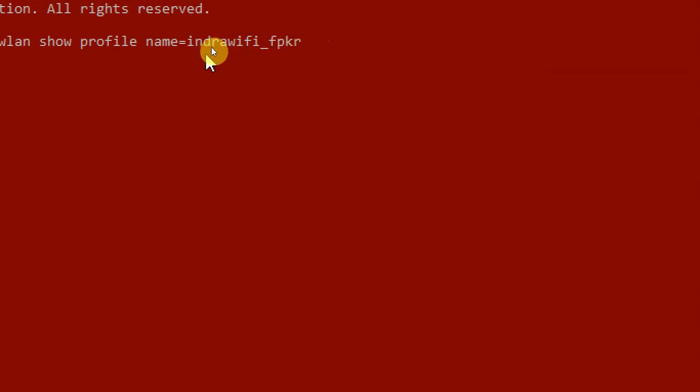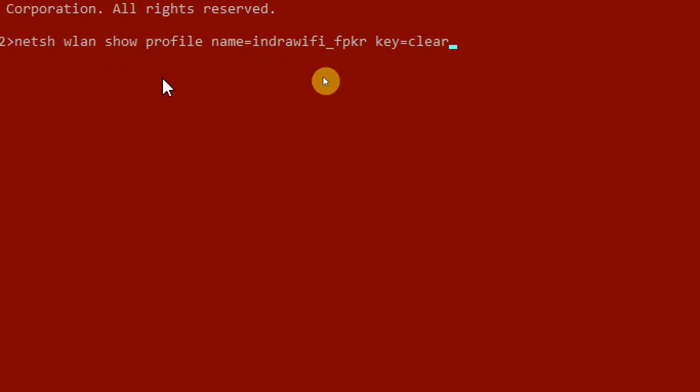Then giving one space, let's type key equals clear. Okay, after typing this code, let's press the enter key.